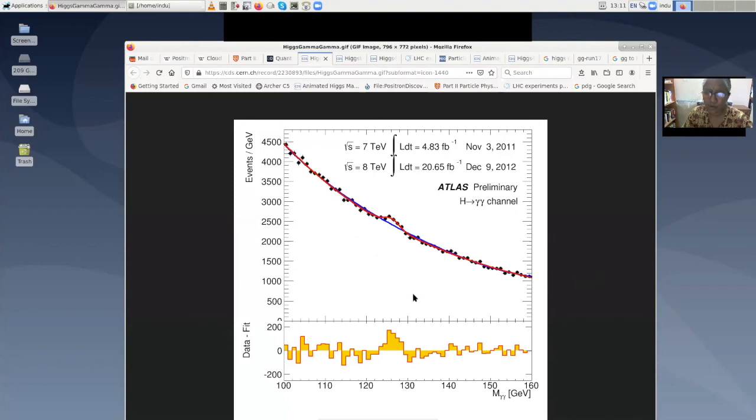And another thing you might want to notice: if you remember in the kinematics, 2 going to 2 kinematics, your kinematics was, that whole term was 1 by 64 pi squared s. So 1 by s, and this is effectively root s. So you can see that the events are decreasing with energy. This is always true. The events cannot increase with energy, they always decrease with energy. And the resonance is overlaid on top of that.